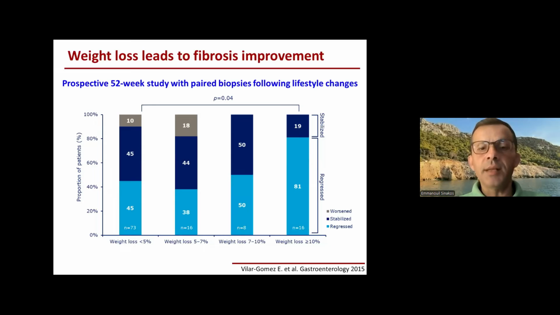And you can see what are the changes in fibrosis after 1 year, according to the weight loss that patients succeeded. You can clearly see by the right of this slide that if you lose 10 or above percent of your initial body weight, your liver is getting better, the fibrosis is regressed, or at some percentage stabilized. This is a very, very important point to remember when we handle patients with MASLD.